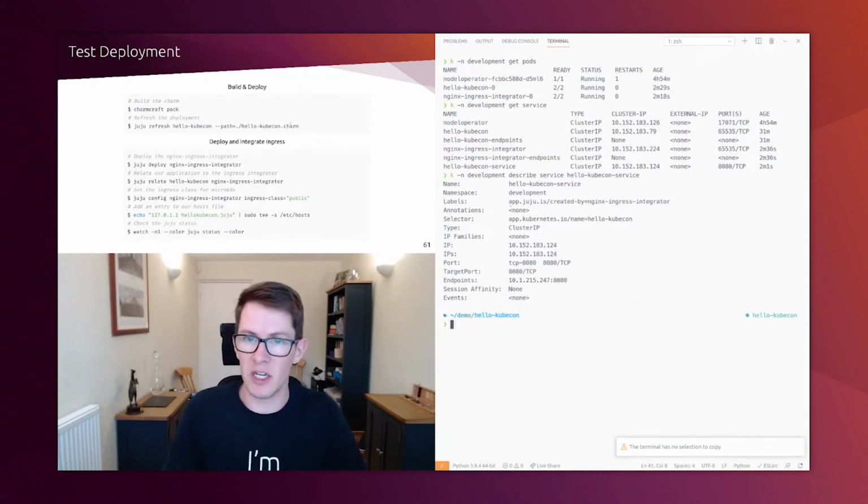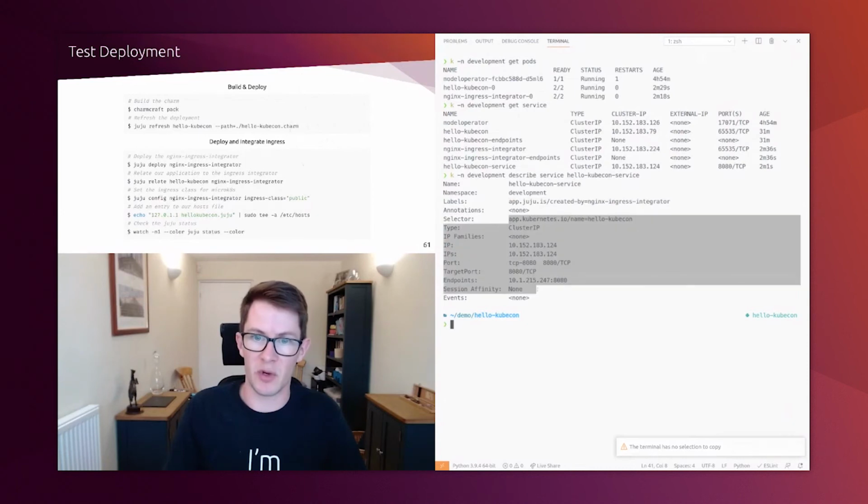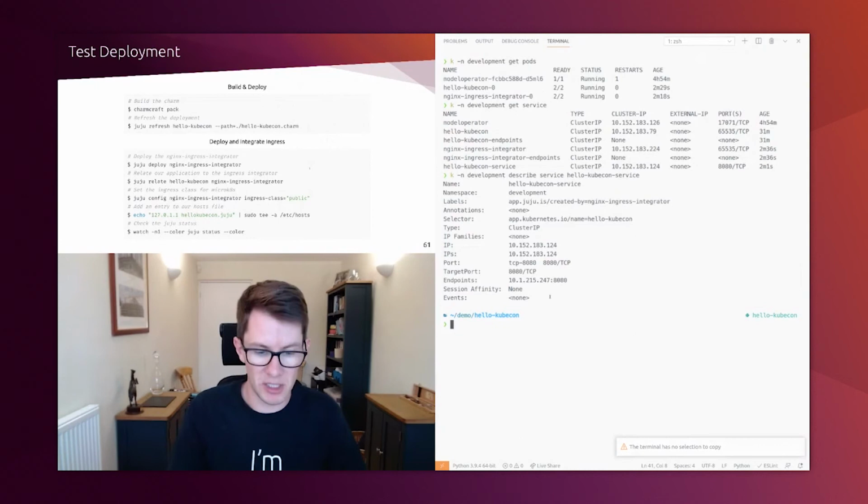There we go. So you can see it's got a label that's been created automatically, and it's got all the configuration to point at our application in its pod. And finally, if we look at the ingress that was created,